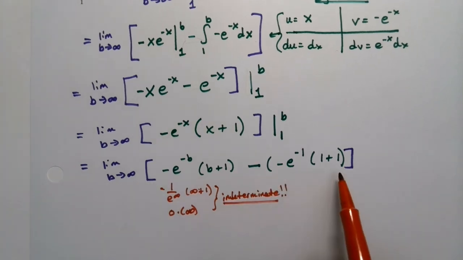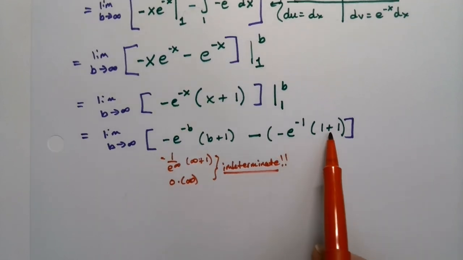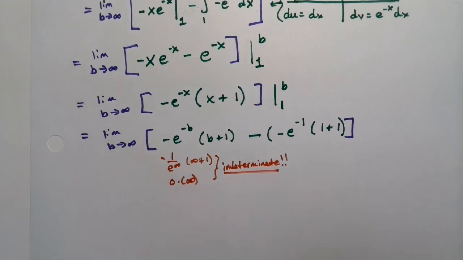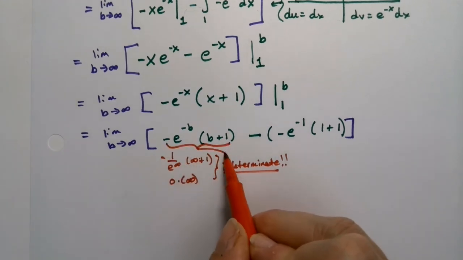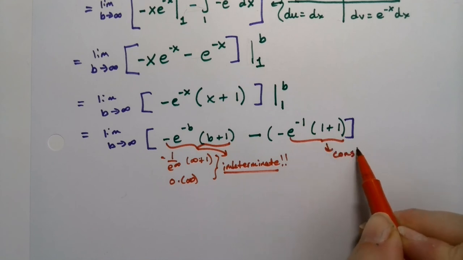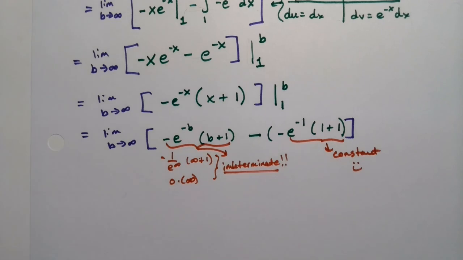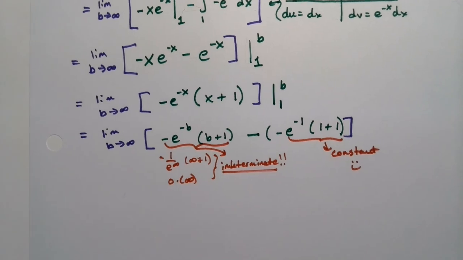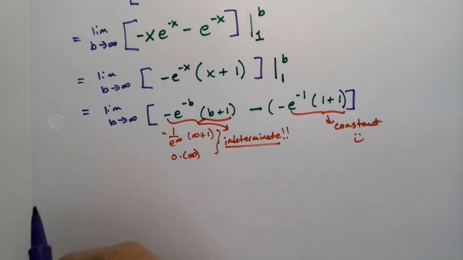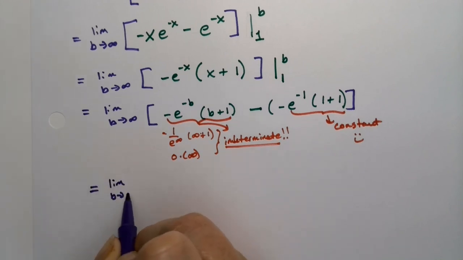Not so for this. This is actually okay because this is just 1 over e times 2, right? So this is constant over here. So this part is indeterminate. This part is a constant. So it's not going to be in the limit anymore. We're actually going to take it out. All right, so we're taking the limit as b goes to infinity of,